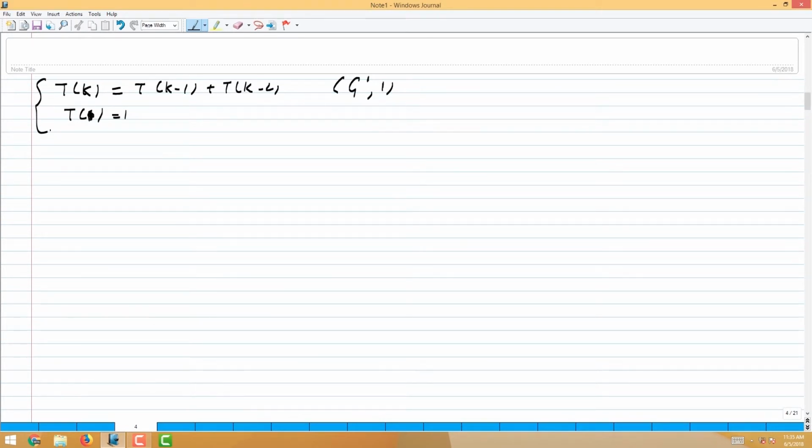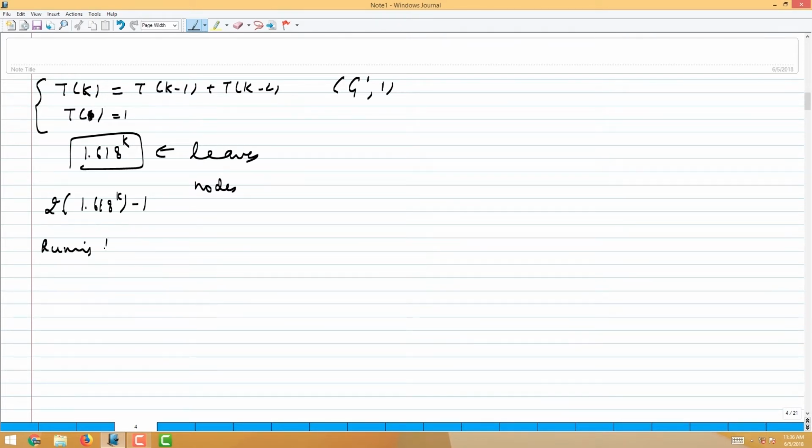Okay, so you have already seen such a recurrence. What does this recurrence solve to? It's the same recurrence in a different variable. But now it will be 1.618 to the power k and not n. So basically we have bounded the number of leaves in the branching tree by this. So the total number of nodes gets bounded by twice 1.618 to the k minus 1, and hence the total running time becomes this number